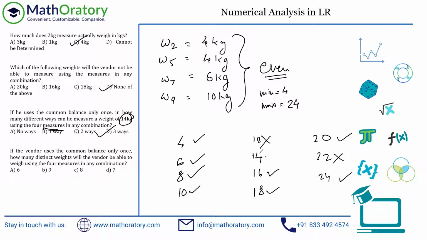14, yes, 14 is possible, because this is what the previous question was, right? We pondered on a lot of different possibilities. So yeah, the previous two questions helped us a little bit to eliminate the cases, and these are pretty simple cases to deal with. Only the 12 and 22 you have to be careful on. So yeah, just count it out. There are a total of 11 numbers, out of which 2 are not possible. 12 and 22, these are not possible. So effectively 9 weights you can measure. So answer should be option B, 9.